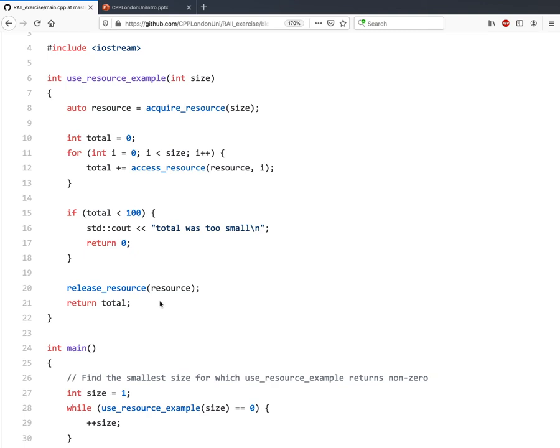If, on the other hand, we followed what I asked you to do in the exercise, and we wrote a wrapper class, a resource handle class, which released the resource in the destructor, this bug that is on here is literally impossible. Right? There is no way whatsoever that we can leave the function without the destructor being run.